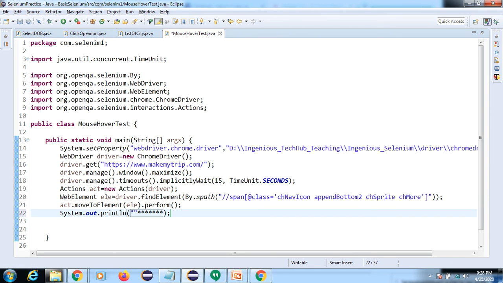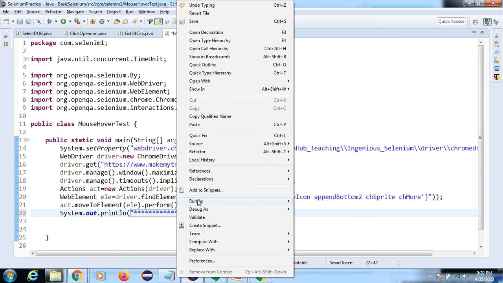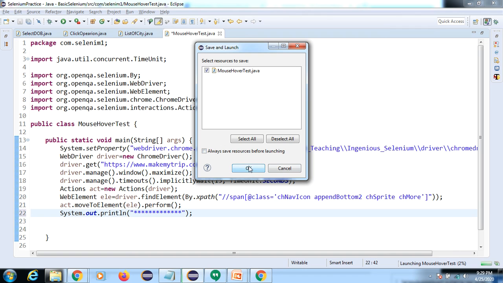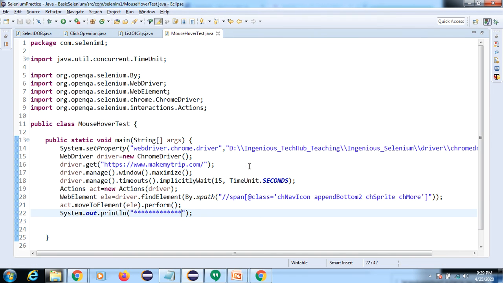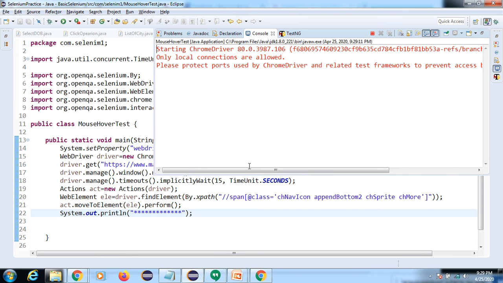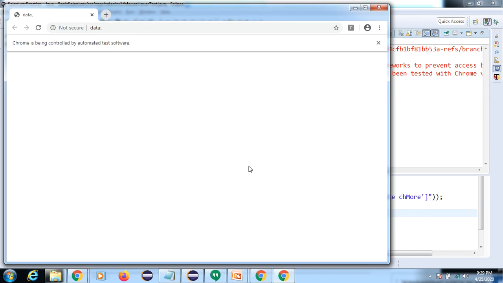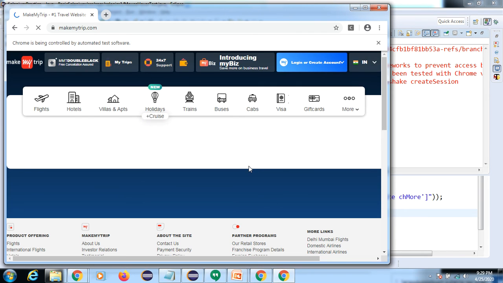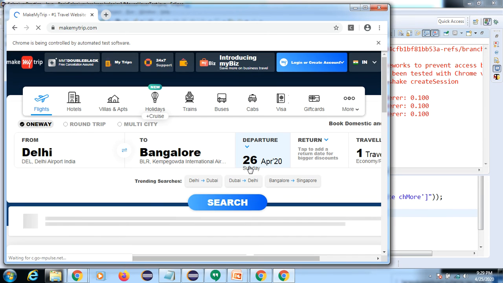Any message you can display here. In real time we use logs. If you have 100 lines of code or 2000 lines of code and your code is going to break, then how do you find it? So we have logs, which will capture every step. We also have an Extent report, and by using this Extent report, every step takes a screenshot, so if anything fails, we can find it there.